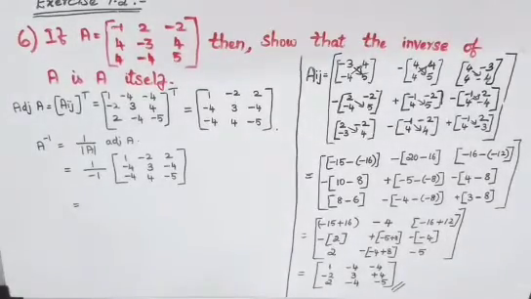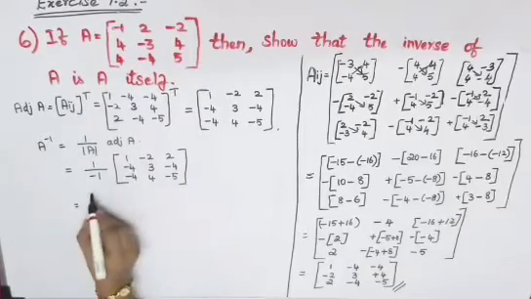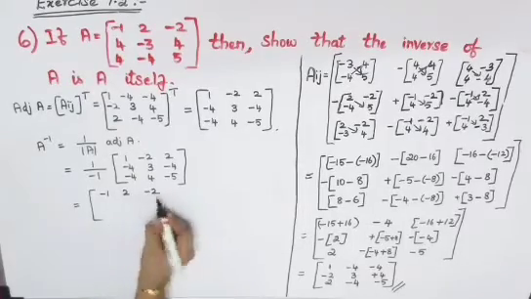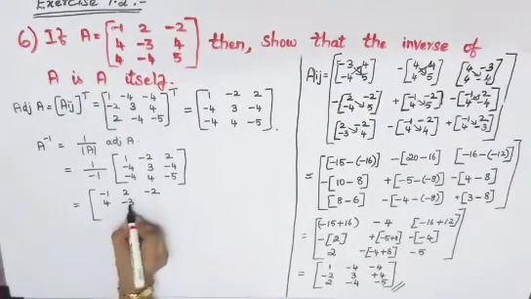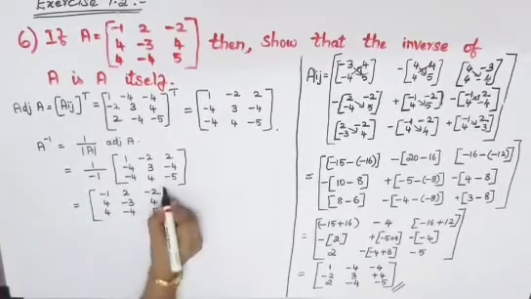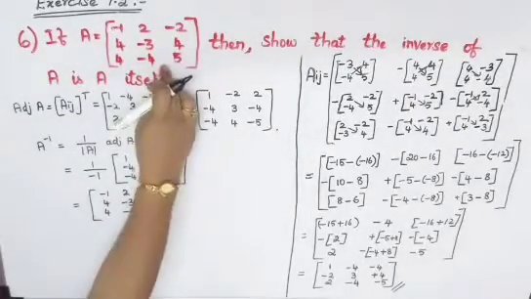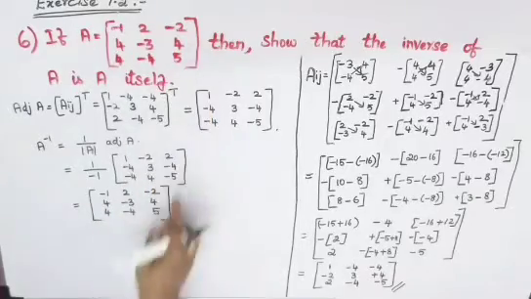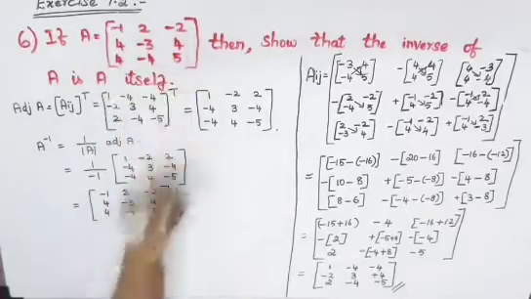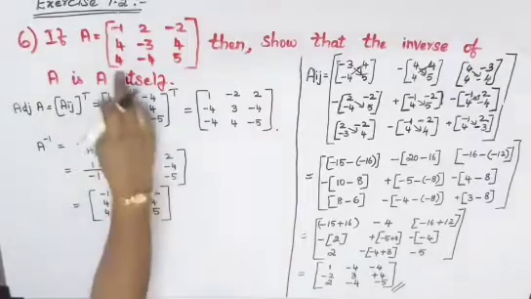To take your minus, just change the sign, okay. Plus means minus, minus means plus, you have to change it. So plus 1 is minus 1, 2, minus 2, 4, minus 3, plus 4, 4, minus 4, plus 5. Just check whether your question is replaced, children. So this one and your question, that is your A, should be same. Just check it over there. First row is minus 1, 2, minus 2. So here minus 1, 2, minus 2. 4 minus 3, 4. 4 minus 4, 5.